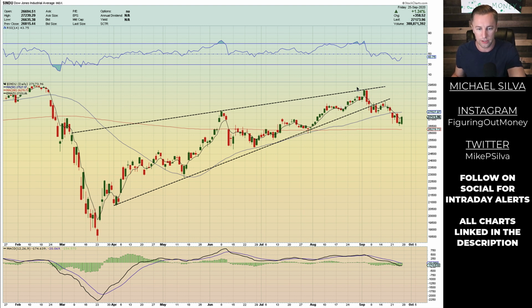You have a left shoulder, you have a head, you have a right shoulder, and then you have a neckline basically at the 200 period moving average, right? So if we start closing below that, this does look like a for sure breakdown of this rising wedge. Going to be keeping an eye on this one as time progresses.